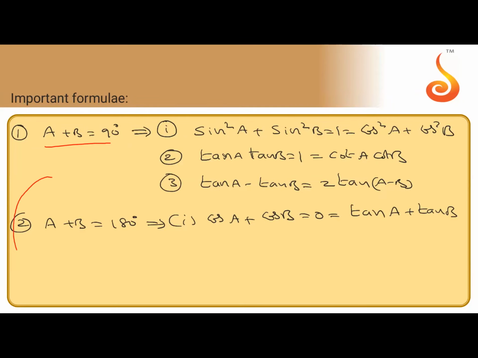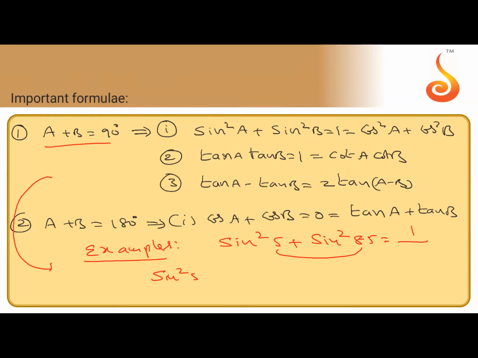So for this one, examples. On looking at the question, you can take the answer. Suppose sin square 5 plus sin square 85 is given. The answer will be 1, because sin square 85 is the same as cos square 5, and sin square plus cos square is 1. You can just check whether the sum of angles is 90 or not.